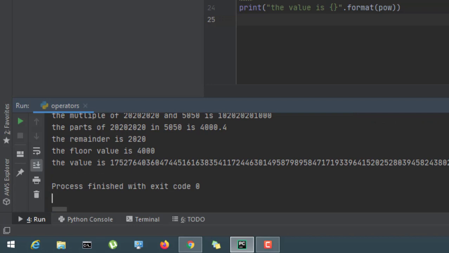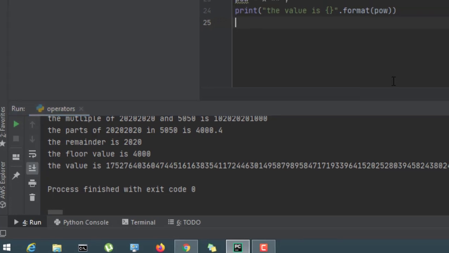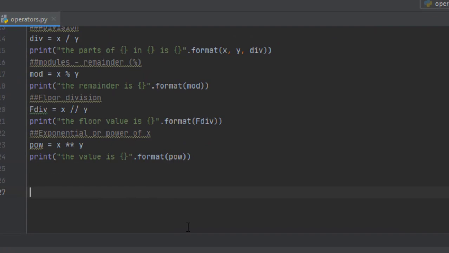Okay, fine. Let's get back to the operators. We are moving out from arithmetic operators and moving into assignment operators.